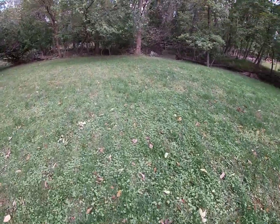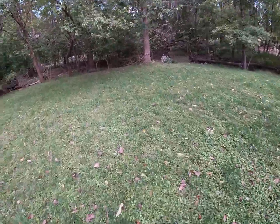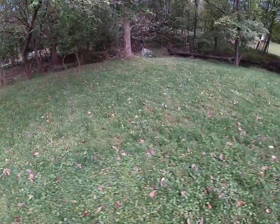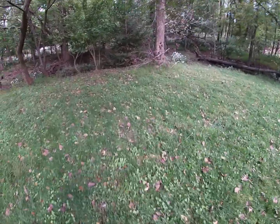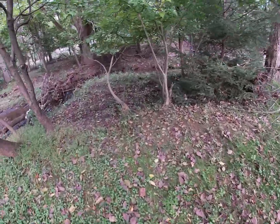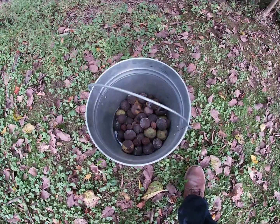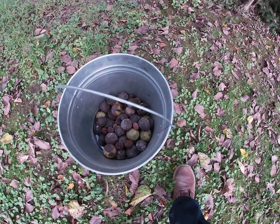Okay, so the forest in my yard has a bunch of black walnut trees, so I'm gonna try collecting some. I'm very new to this, so I'm sure I do many things wrong. I've already collected some, and I know for a fact I'm already doing something wrong because these I collected a